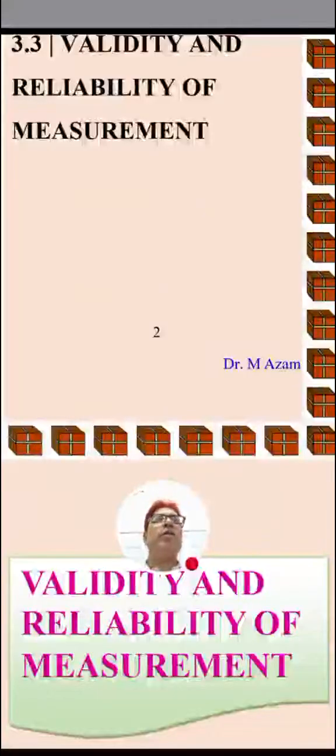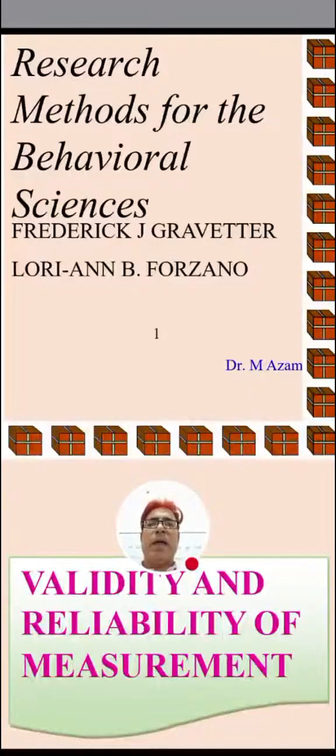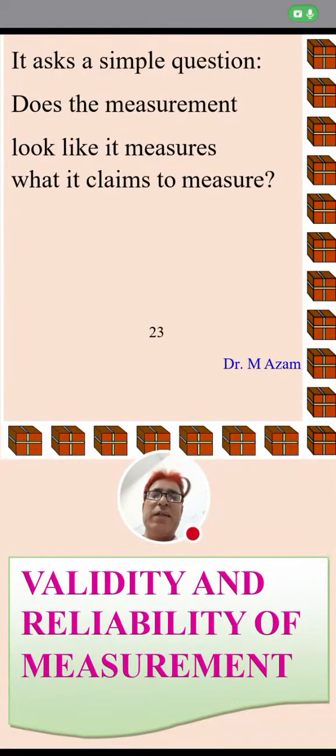It is section 3.3 of chapter 3, and our discussion is based on a book. The title of the book is Research Methods for the Behavioral Sciences. It is written by Fred. What it claims to measure,